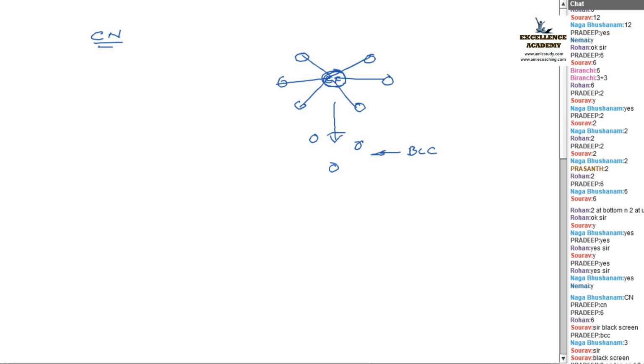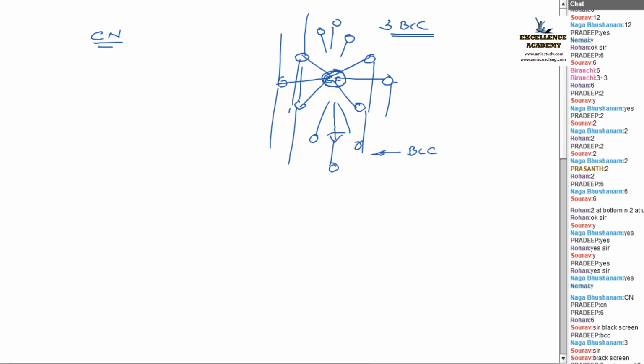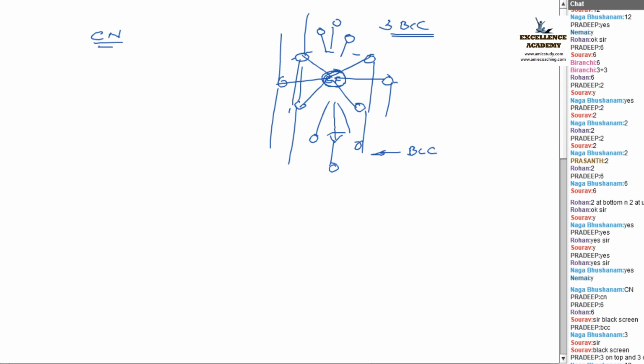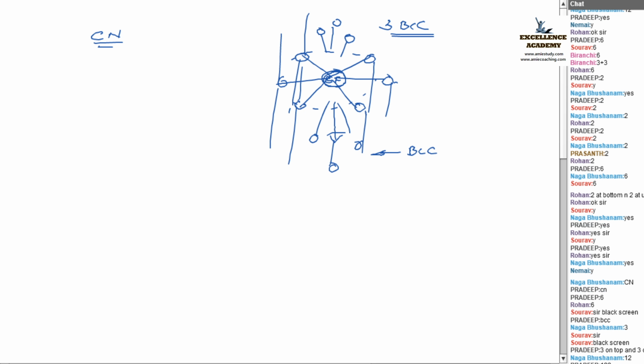Next, similarly, see, this is for 1 unit cell, right? Similarly, the next unit cell also is there, isn't it? Towards the top, another unit cell is there. For that, what is there nearby to this end face atom? Yes, the body-centered atoms of the second unit cell are there. Am I right? So 3 body-centered atoms of the second unit cell are near to this one, and 3 body-centered atoms of the first unit cell are near to this one, and 6 corner atoms are near to this one. Hence, total is what? 12.